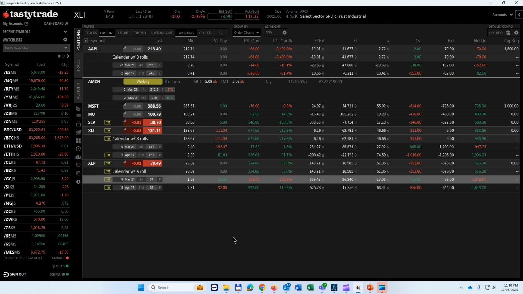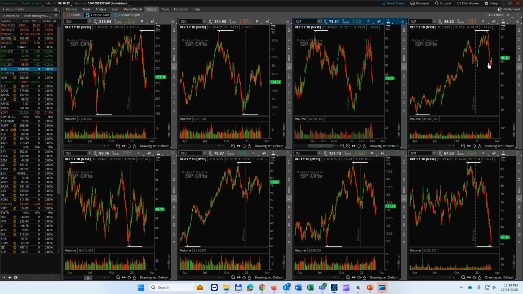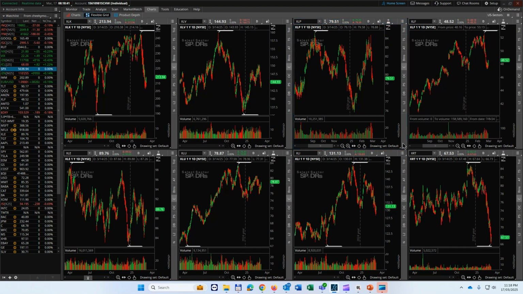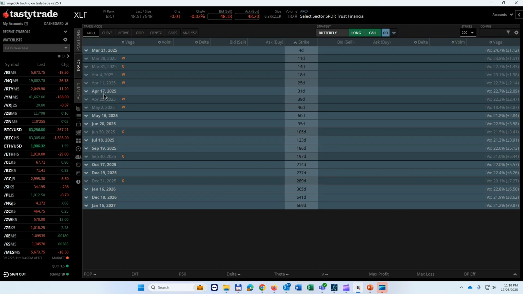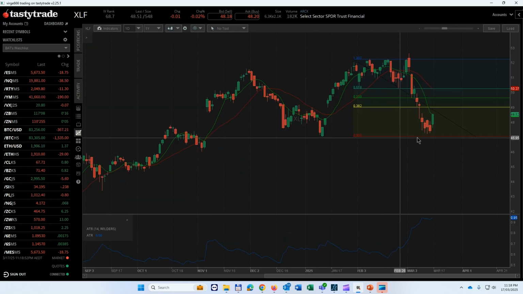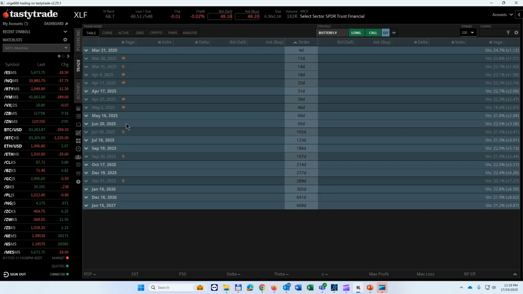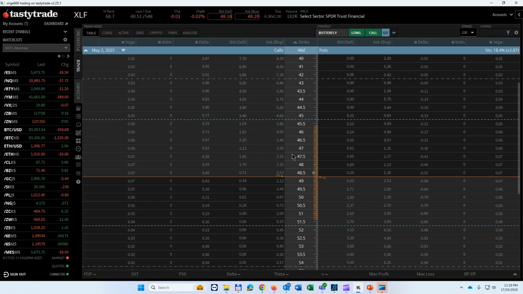But XLI, XLP, the other one I was thinking was a little bit of trade in XLF. We've come through and tested the gap twice. We've bounced off 48. We had a nice bounce off there today. XLF could be another trade, and the nice thing with XLF is you can put the trade on with a very, very small option. So XLF at the fib, let's get back to the 50%, $50. Let's see what 49.50, $50 is looking like. So we look at, say, the 46. We're going to buy the 50 for 62 cents.